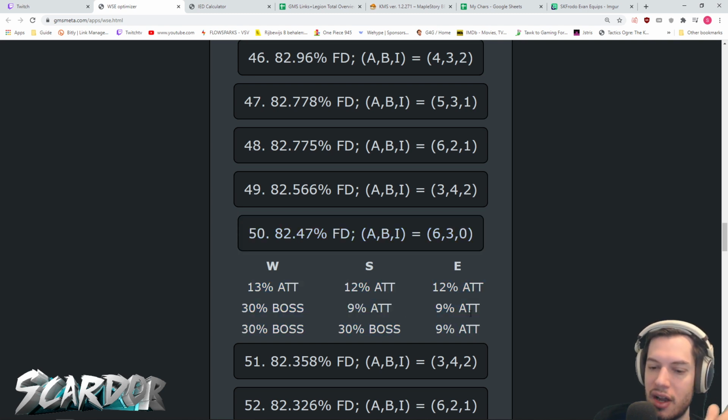But so there are a lot of combinations, right? But this takes into account that you have 9 lines that are all good lines. They're all either IED, magic attack, or boss. And getting to actually 9 usable lines on your WSE, that is already a super expensive thing. But as you can see, 6 attack and 3 boss,